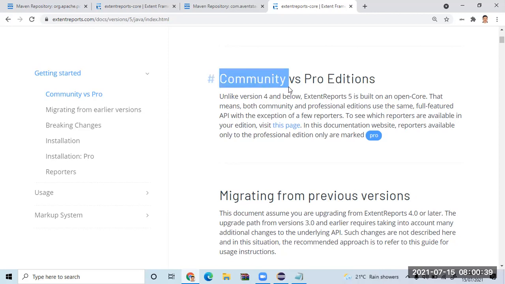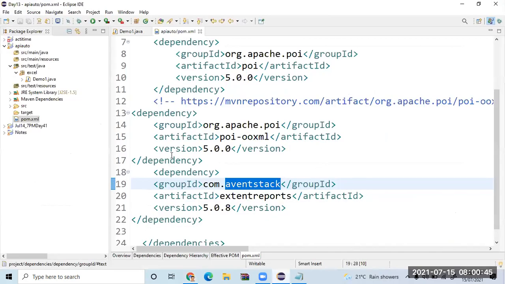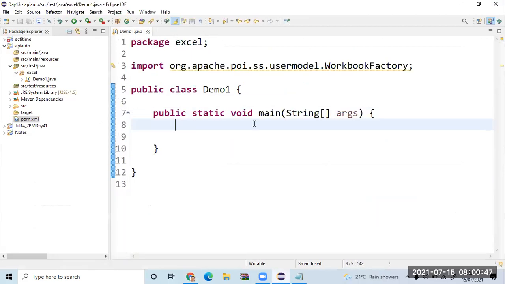So I'll be using community edition. You also use the same thing, same code, everything is almost the same. In this case, let us see how to do that. When it comes to Extent Reports, first we need to create an object of ExtentReports.